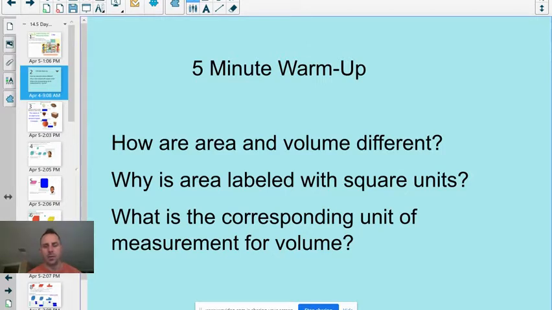When you think about area, you think about a 2D space. Your length and your width are your dimensions, or your base and your height. You're finding out how much wood you need to cover a floor. You're finding how much grass seed you need to cover your lawn. When you think of volume, with this pandemic,